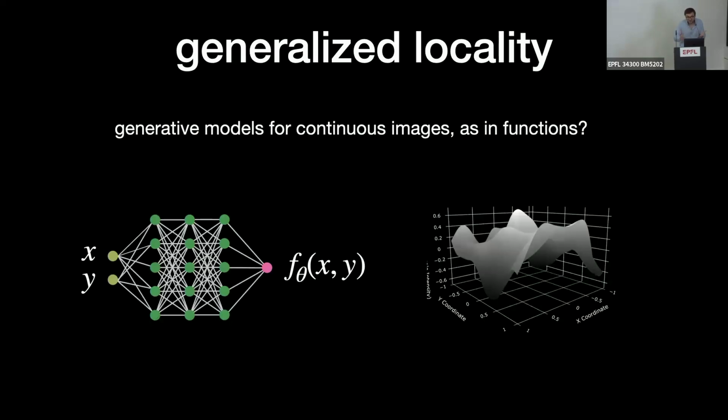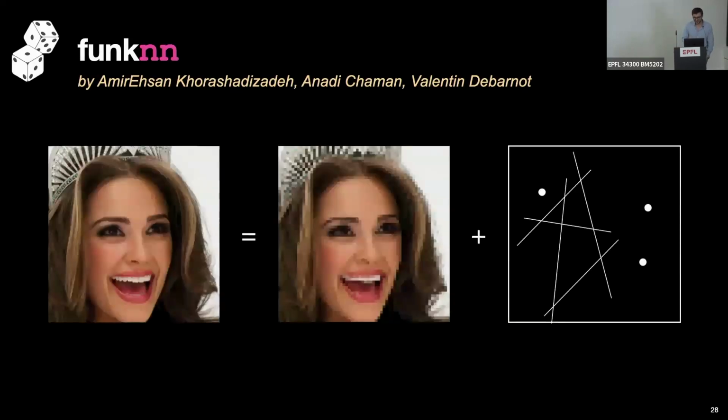So basically, if your image is represented by a neural network, this could mean, for example, that you have a generative model for the weights. That's sometimes called a hyper network. Whatever. Details are not important. What is important is that after a few weeks, Amir came back to me and he said, I have a solution for you, right? He said, the solution is we actually don't have to come up with this neural field thing because we already have generative models which can output pretty good low resolution images. So we just need to do super resolution.